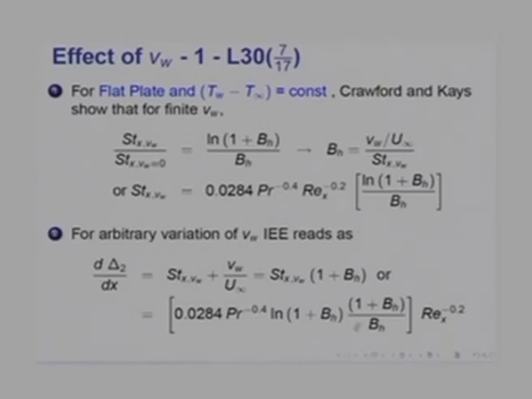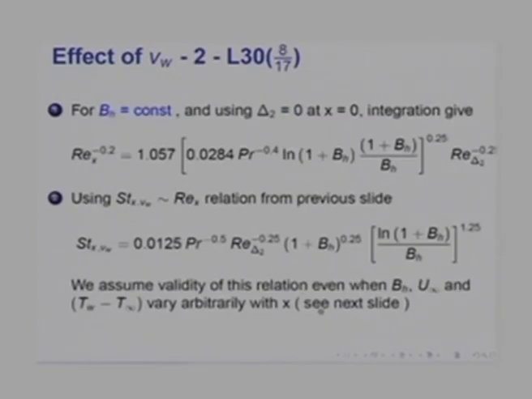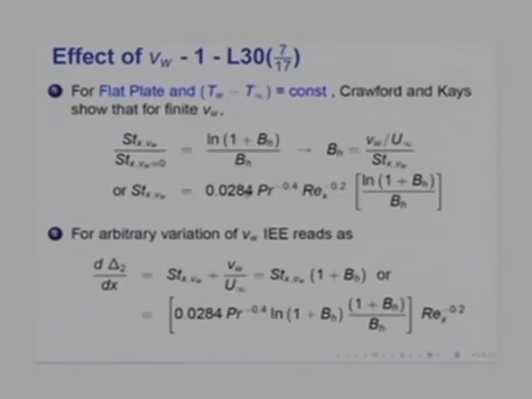If BH was constant, then the entire term inside the bracket would be constant, and it is not very difficult to integrate this equation using delta 2 equal to 0 at x equal to 0. The integration gives Re x to the power of minus 0.2 equal to this relationship multiplied by Re delta 2 raised to minus 0.25, or using again the Stanton x Reynolds Re x relationship of the previous slide here,